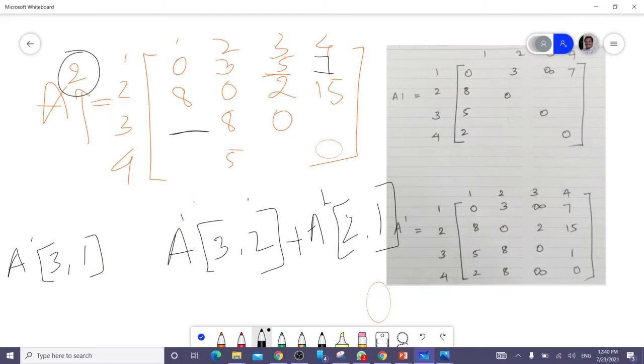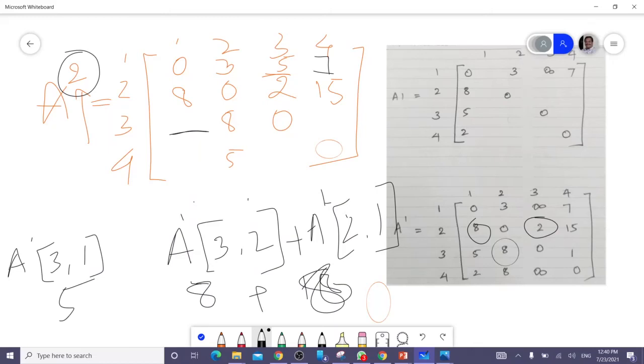Now 3, 1 is 5. A1 of 3, 2 is 8, and 2, 1 is 8.